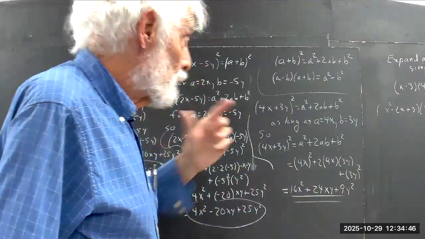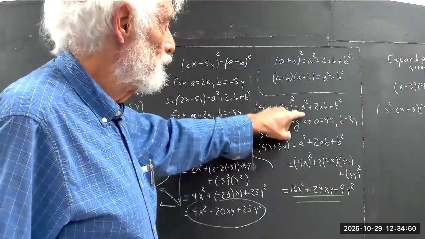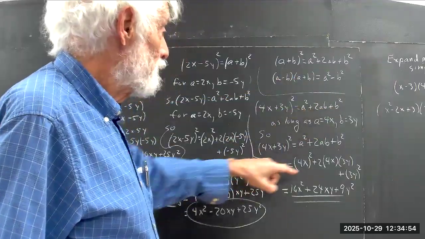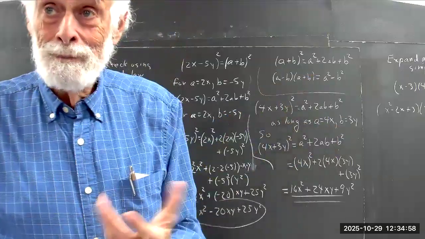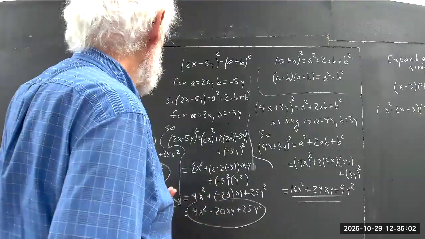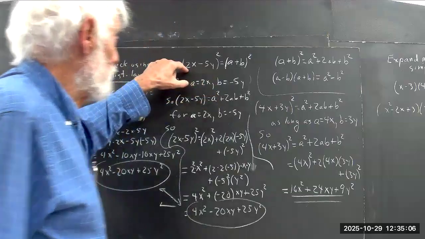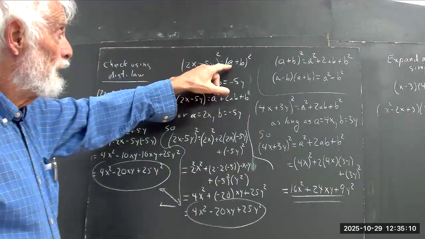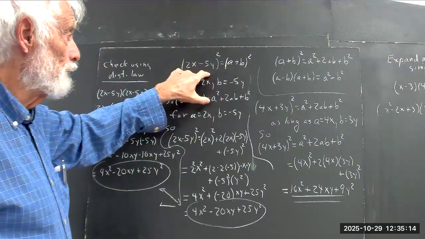Well, what do I tell them? First thing I said is this equals a squared plus 2ab plus b squared, as long as a equals 4x and b equals 3y. Okay. Well, that's a little bit of a jump. I probably should have told them what I said here. In this example, this equals (a plus b) squared, because you can immediately identify this form